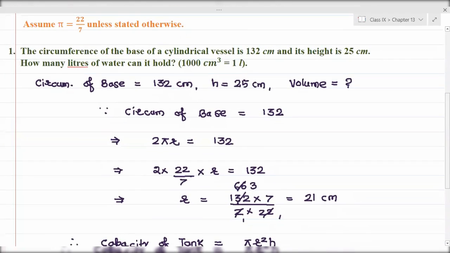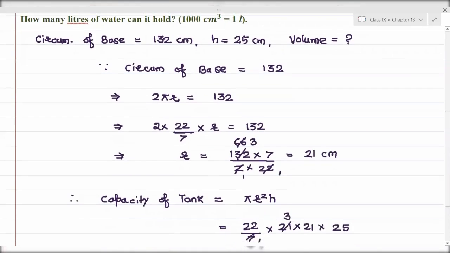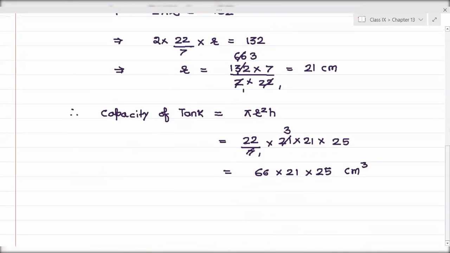So see the relation, 1000 centimeter cube is equal to 1 liter. So liter is a bigger quantity here, while centimeter cube is a smaller quantity, because 1000 centimeter cube are coming in 1 liter. Okay, so if you are converting centimeter cube to liter, means you are going smaller to bigger, and hence you will divide. So here we shall divide by 1000 to convert them into liter. So let us divide it by 1000. Okay, and now we can say it will be in the form of liter.